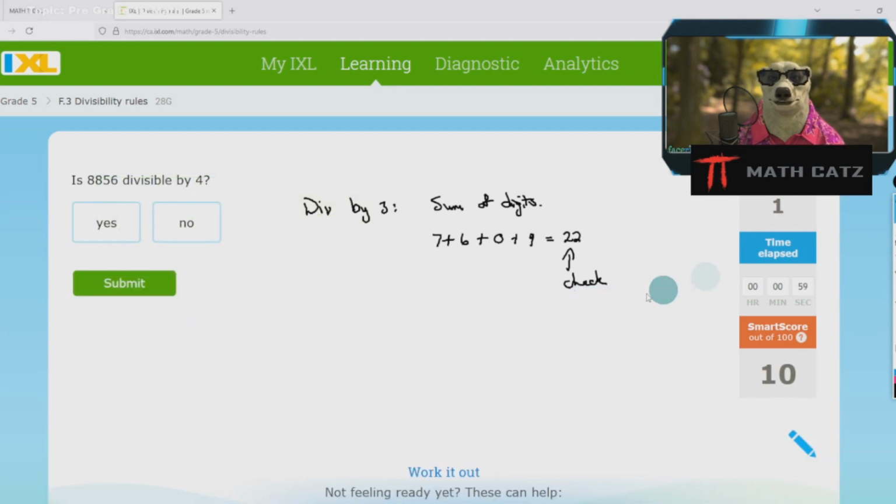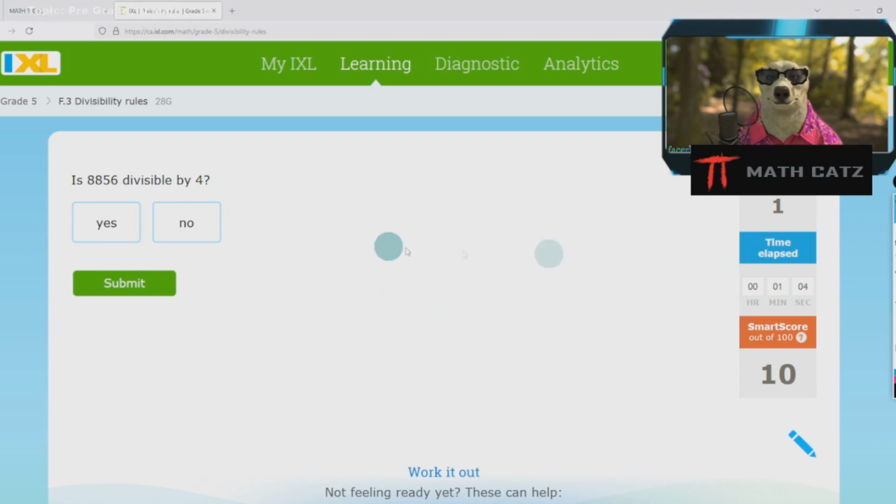So even in grade 5, it's a very relevant question. So they're doing 3. Next up, they're doing 4. So when I have my 8, 8, 5, 6, let's go pink. For 4, I'm looking at the last 2 digits and say, is 56 divisible by 4? Can write it out like that, right? That was supposed to be a question mark. It looks like a question mark. Now 56,